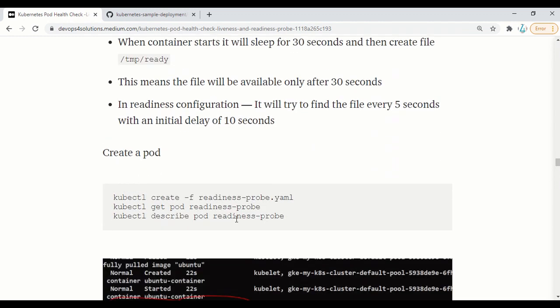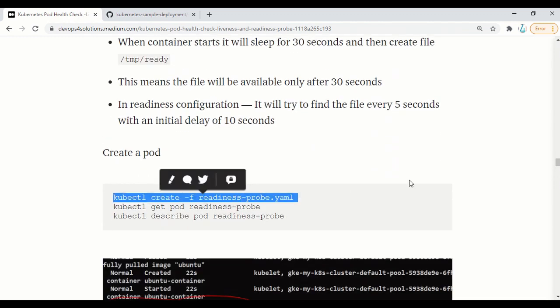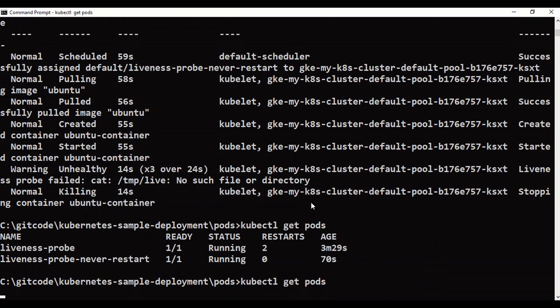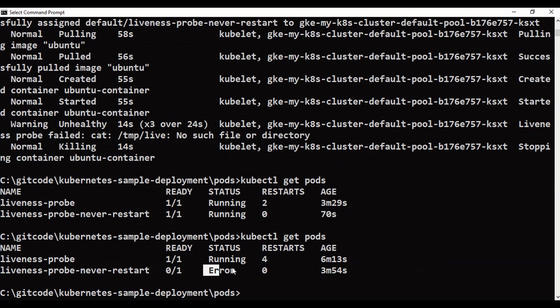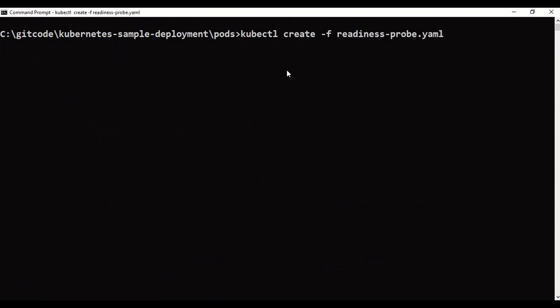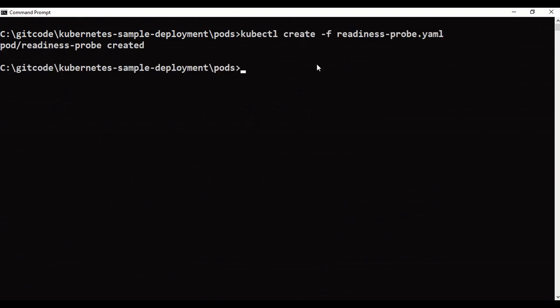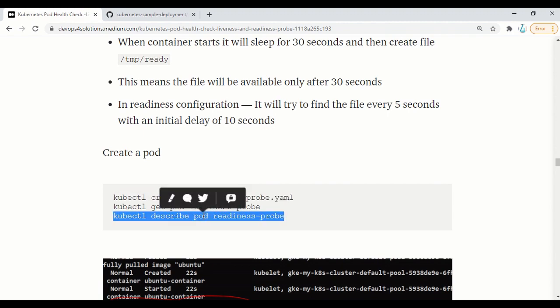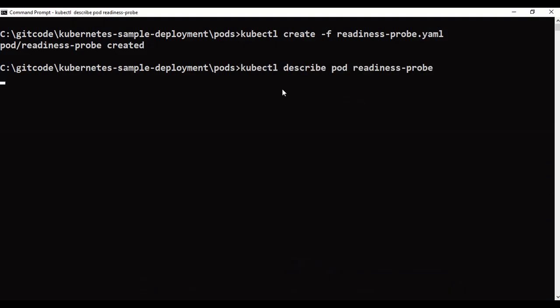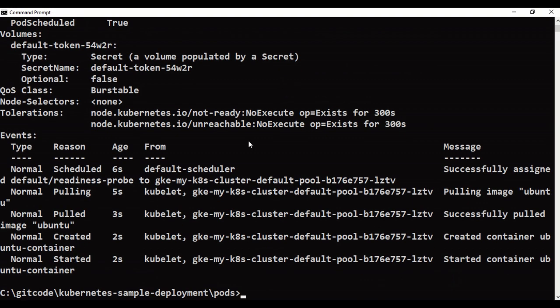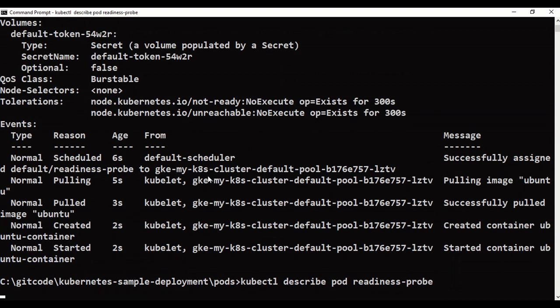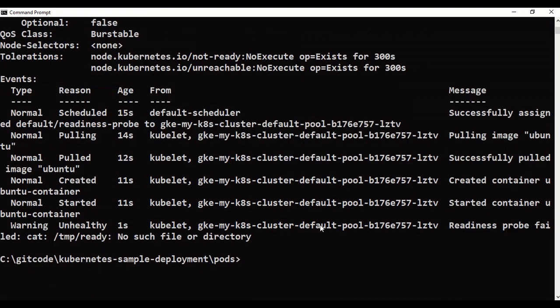So let's do that. Let me just run this. For this also you can see the error is coming now. Okay, now let's run kubectl, and now let me describe this. So it is failing right now. Readiness probe is failing.